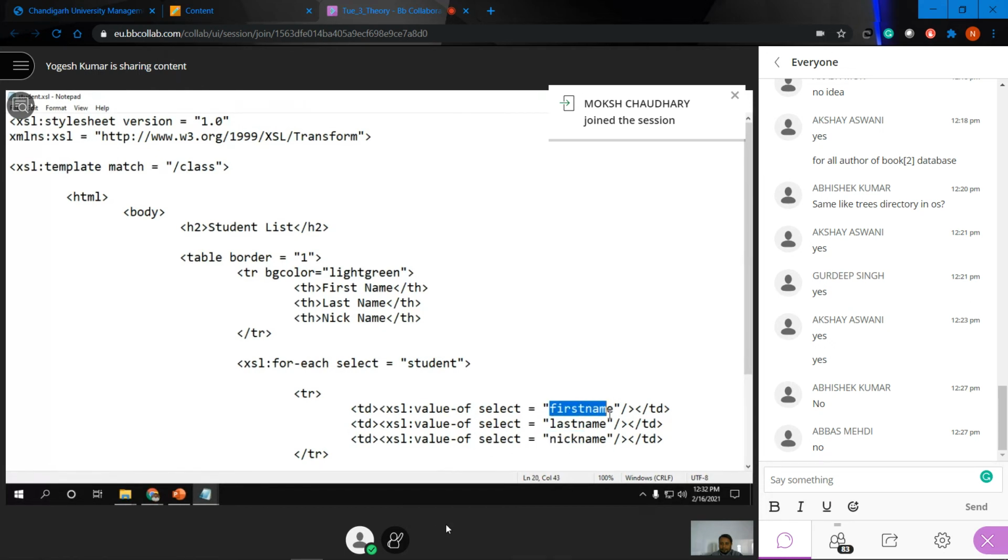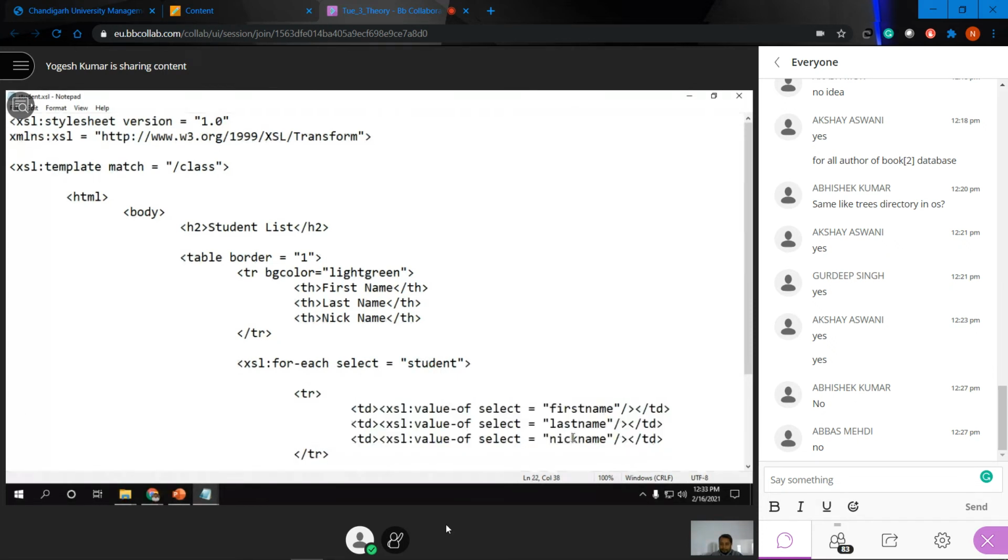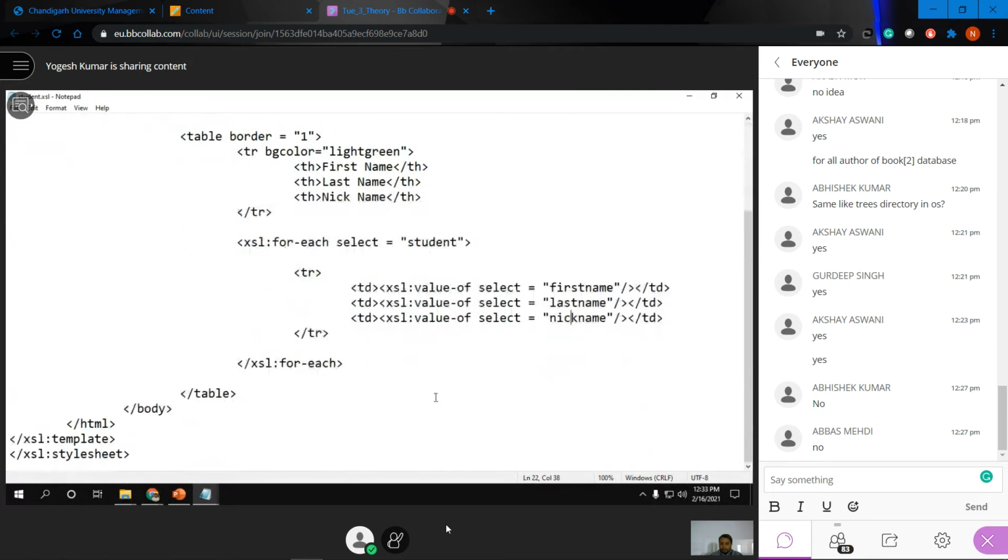These are the internal tags of student. These are the child tags of student. So we are just creating a row, and within that row we are creating table data. And then we are just closing this for-each loop.